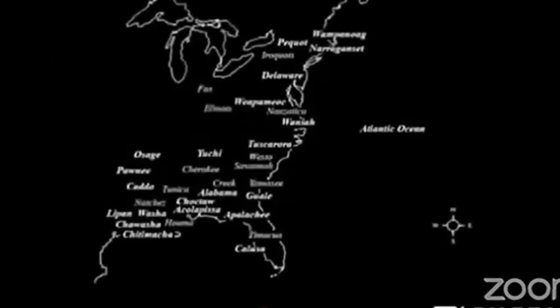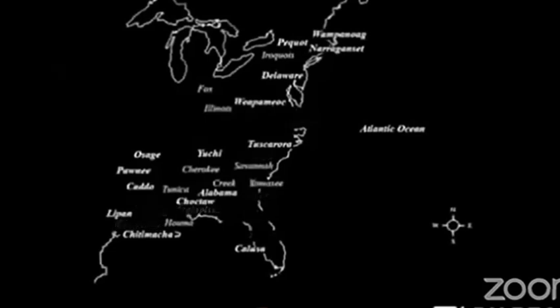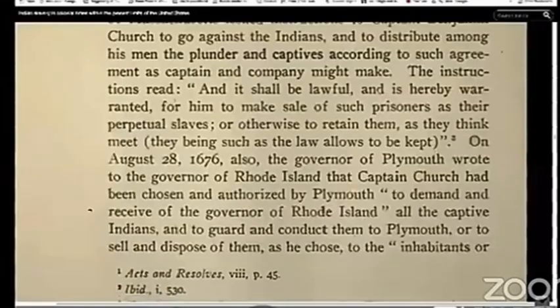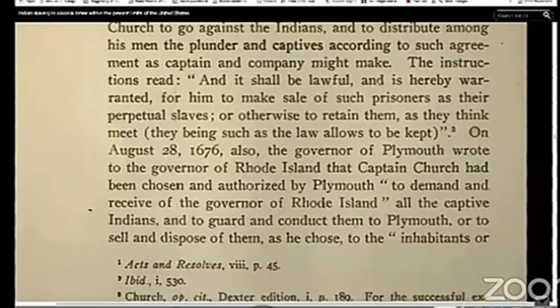Oh, I thought they were Africans. Other than being a convenient source of free labor, the enslavement and deportation of Indians to the Caribbean was part of a systematic plan to eliminate the native presence from the emerging colonies. On August 28, 1676,